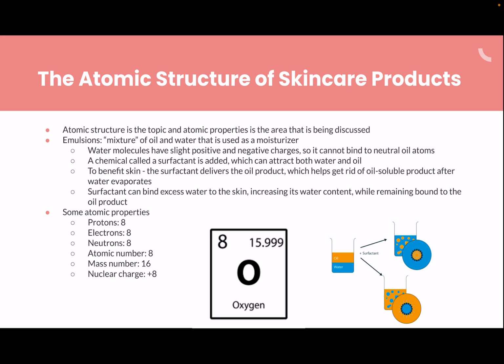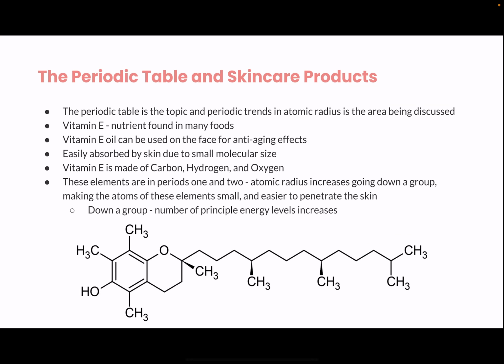It has 8 protons, 8 electrons, 8 neutrons, its atomic number is 8, its mass number is 16, and its nuclear charge is +8. So how is the periodic table itself related to skincare? Well, periodic trends in atomic radius is important in understanding the chemistry of skincare. Vitamin E is a nutrient found in many foods that can also be used as an oil for the face